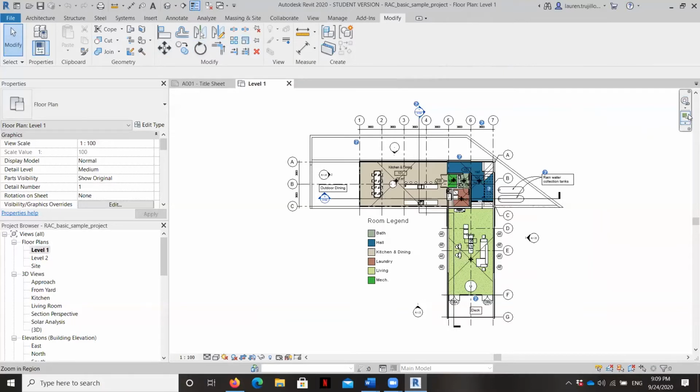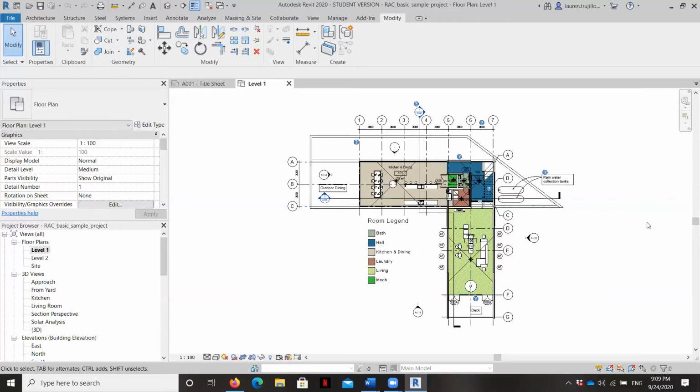Over here, if you decide that you do not want to use a mouse, which I do not recommend, I think you should definitely use a mouse when operating Revit. But if you like to use a touchpad and click a lot and make things take a little bit longer, you can also click here, and these allow you to zoom in and out if you don't have a mouse to roll and see things in 2D and 3D views. And you won't see me use those ever, because I will always be using a mouse, but you can play around with those if you like.